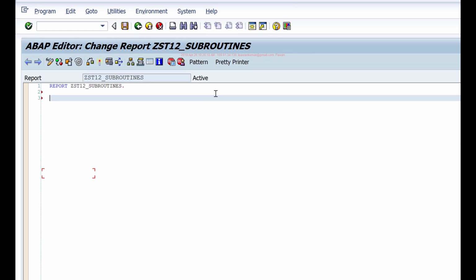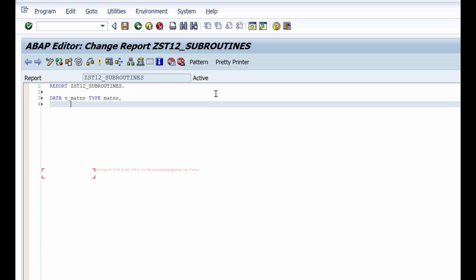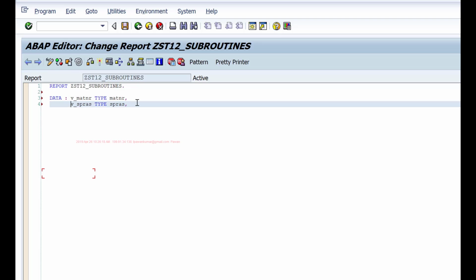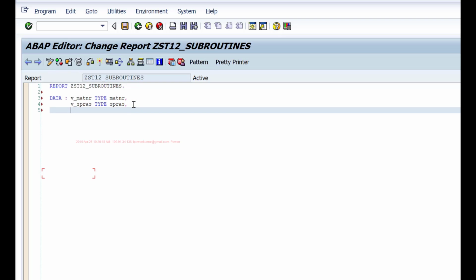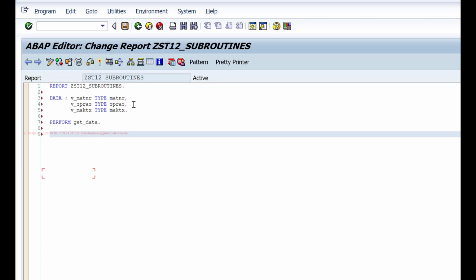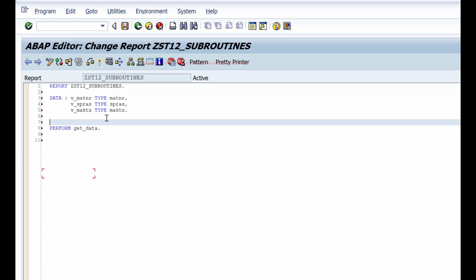To demonstrate this, let me create a few variables. To use a chain operator, and so I have these three variables, and I'll say perform get data, and let's say I'll use start-of-selection.